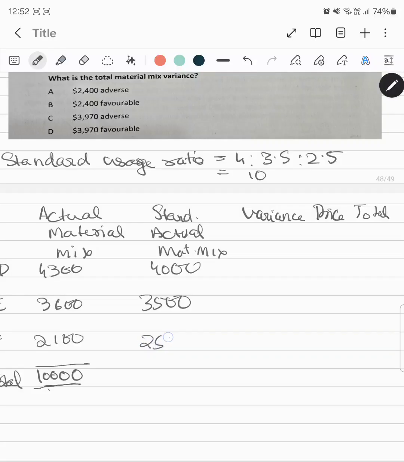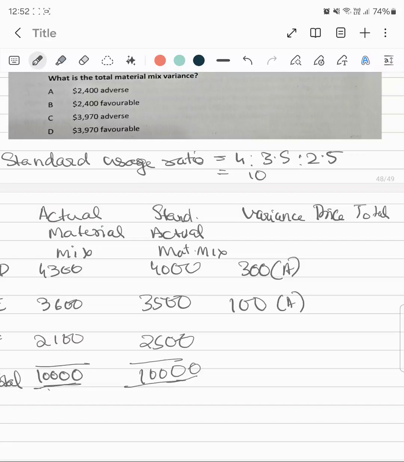It's 2,500. Now my standard mix is this, and my actual material mix is this. So this is 300 adverse, 300 adverse, and this is 100 adverse, because this is my standard material mix, and I explained to you before also, what I see is my actual should